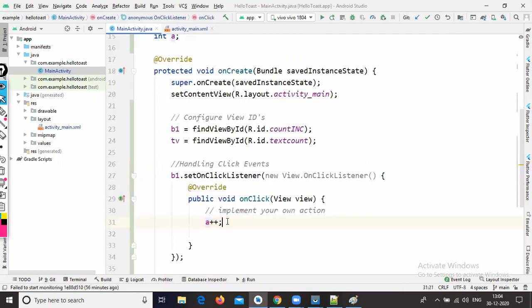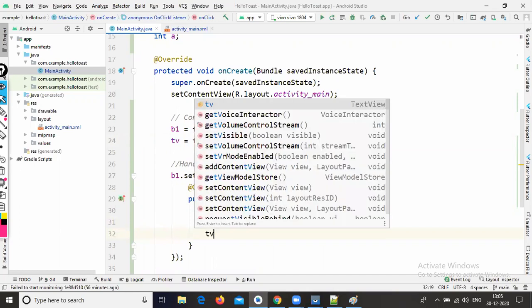Now the count value is increasing, and I want to display this count variable in the text view.